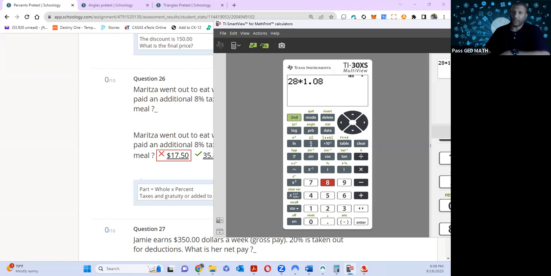So if we look at how things are broken down, 100% is really 1. 8% is 0.08. This is where I got the 1.08 from. I added those together. So now instead of going through all those steps and doing separate calculations, I can just multiply by 1.08, get my 30.24, and then multiply by 1.2,